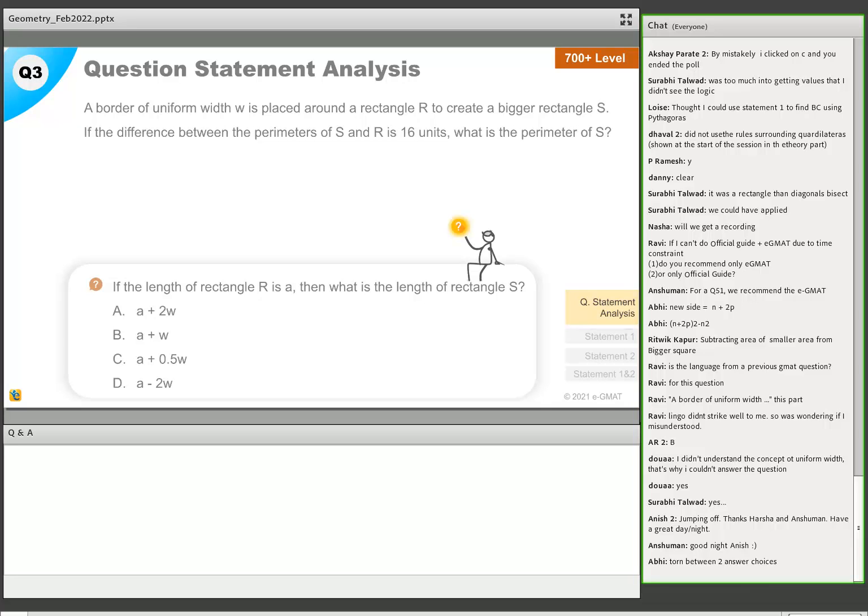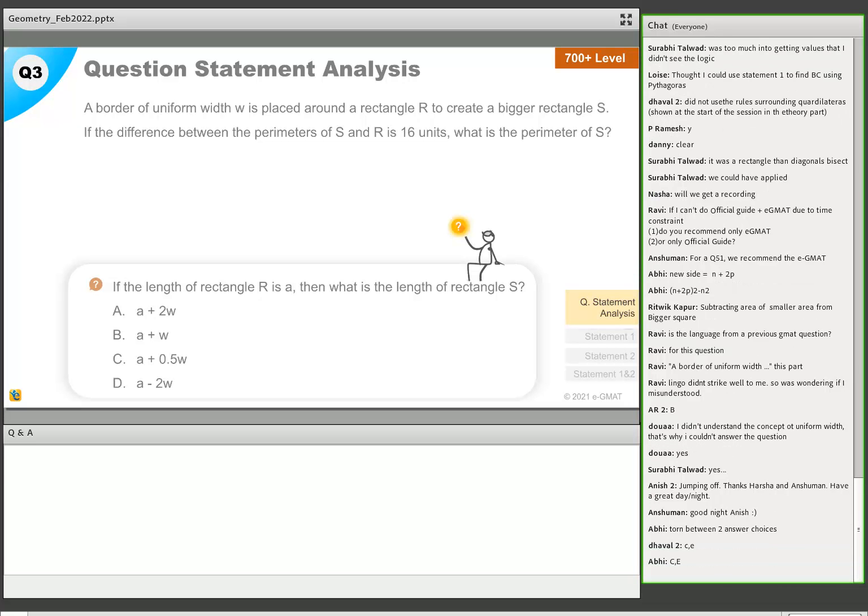Torn between two answer choices. Which answer choices were you torn between? C and D. Okay, C and D. Both of you. Okay. This is going to be interesting. So let's discuss this. And do pay attention. This is the last question here. You should get the full insight from this question. So firstly,